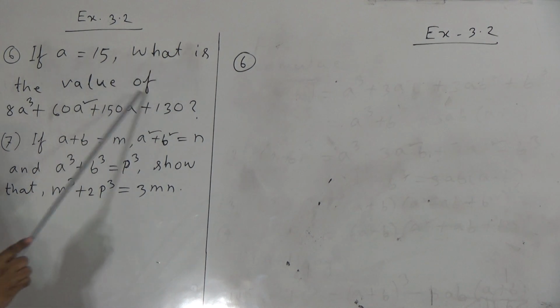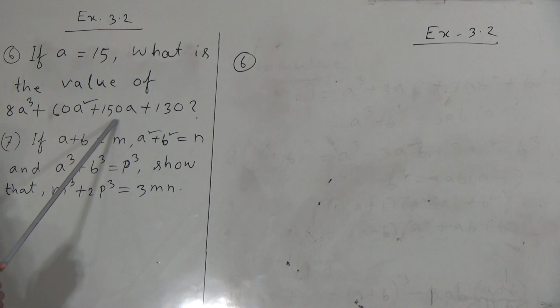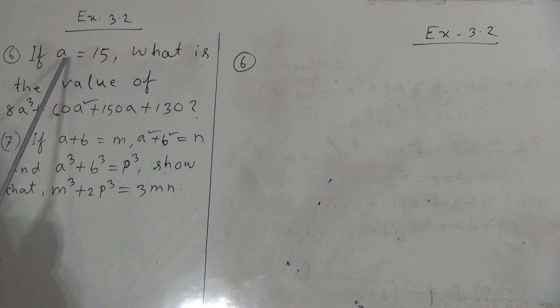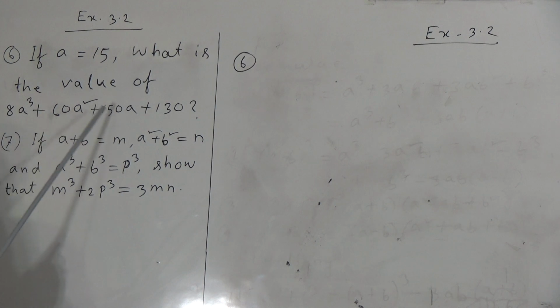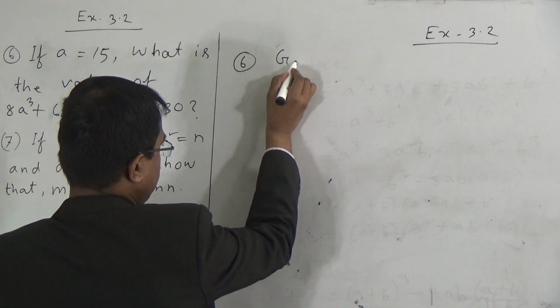What is the value of 8a cube plus 60a square plus 150a plus 130? Here the value of a is given, and we have to find out the value of 8a cube plus 60a square plus 150a plus 130. Now at first we will write, given that